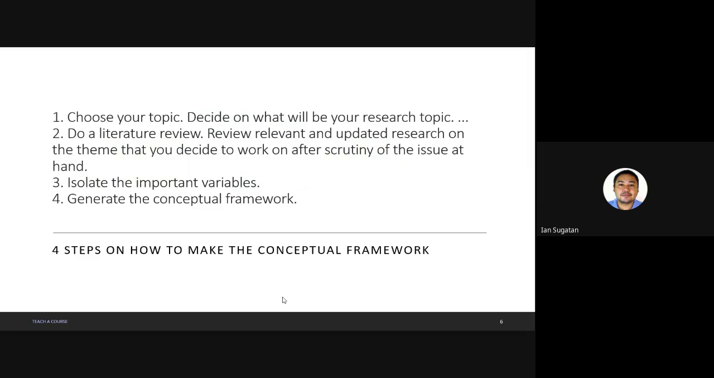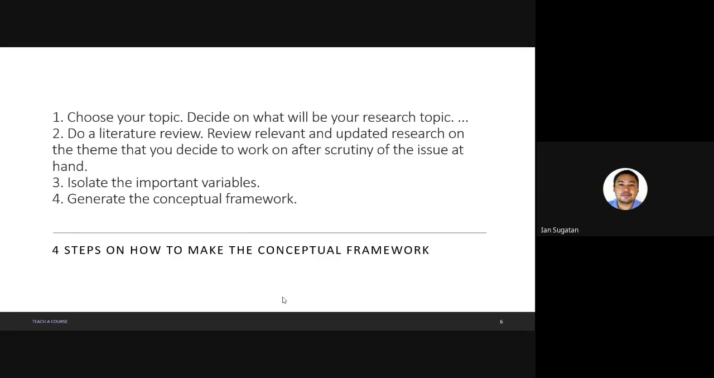So, number 1 is choose your topic. What you're going to do is to decide on what will be your research topic. So, I think naobrado naton da sa mga past activity naton na. Kag nag-defend ka mo ka-title ninyo karang midterm. Number 2, do a literature review. So, ang literature review ninyo is ang chapter 2 na. So, ang format ka literature review naton, gintao ko naman kaninyo sa mga past activity. So, review relevant and updated researches on the theme that you decide to work on after scrutiny of the issue